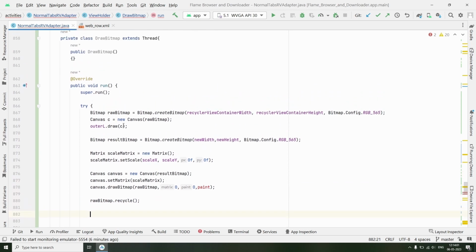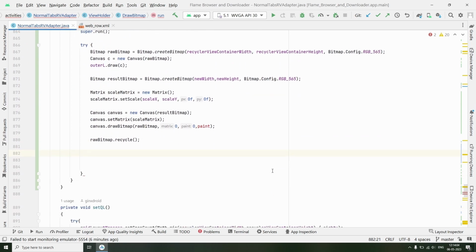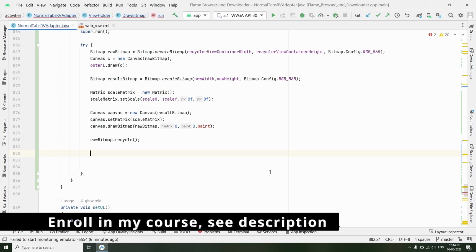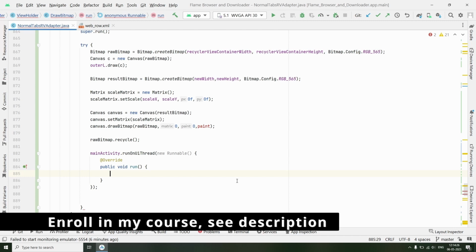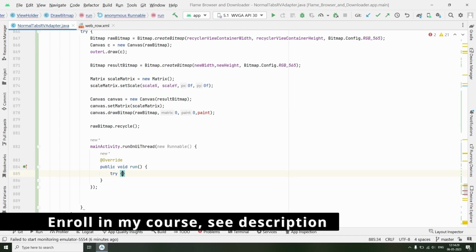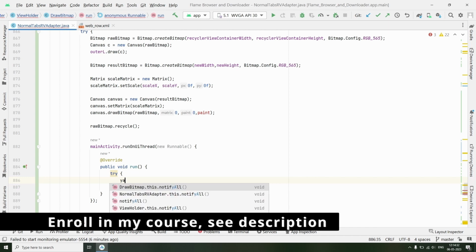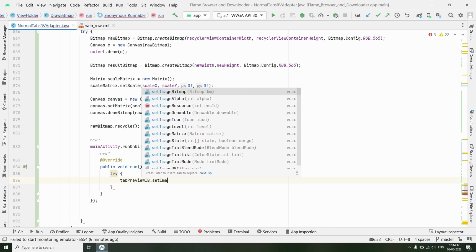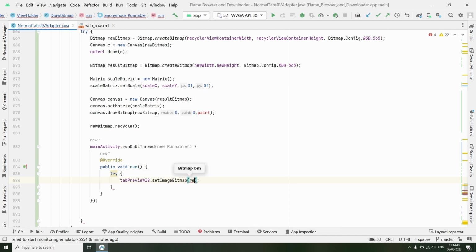Then since this is background thread, we need to call some code on our user interface thread, because some code that is setting text, setting bitmap is not accessible from the background thread, it needs to be called on UI thread. So we will call activity, that is our main activity, dot run on UI thread, and we will pass the new runnable that will run on the user interface thread. So in this we will create a try catch block, and in the try block we will set tab preview ib dot set image bitmap to the result bitmap,